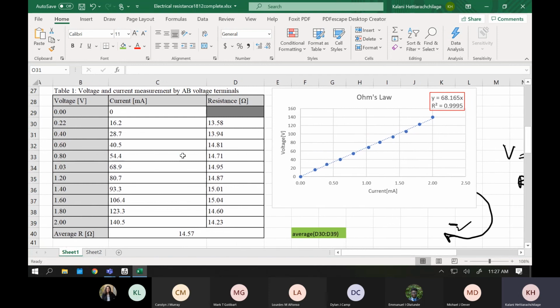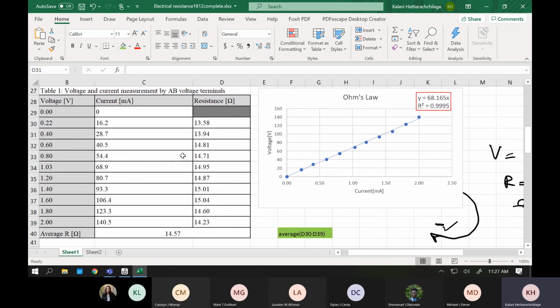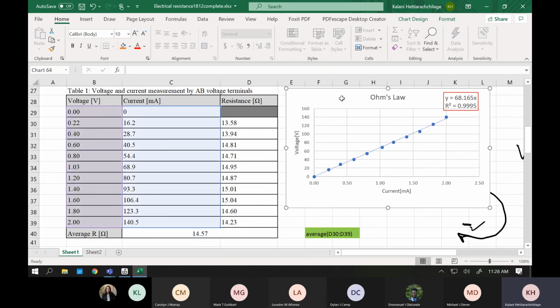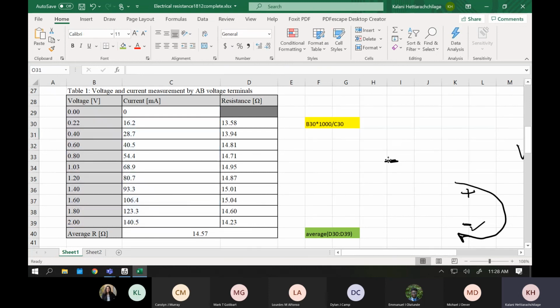Oh, I know that, yeah. Did you guys understand what I did wrong? I selected these two and plotted it, but this is not the voltage. You see, the numbers 0 to 160 is the current, right? So 0 to 2.5 is the voltage. That means this axis is voltage and this axis is actually current. So we can switch it. I'm going to delete this one. You guys can do that at home.